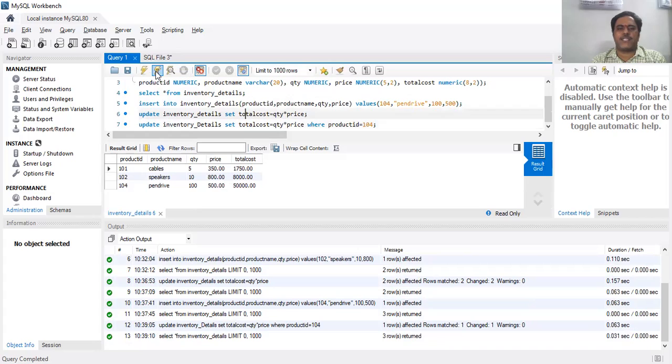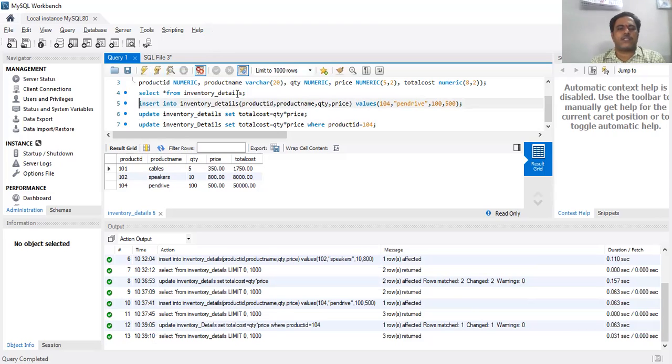Now, what is the select command? We have already used it here. So the select command's purpose is to get the information from the table. Once you have created the table using the create command, inserted the records using the insert command, and updated the records using the update command, if you want to see whether the update is made or the records are entered or not, then you can use the command called the select statement. So the select statement is useful to retrieve the records from the table.